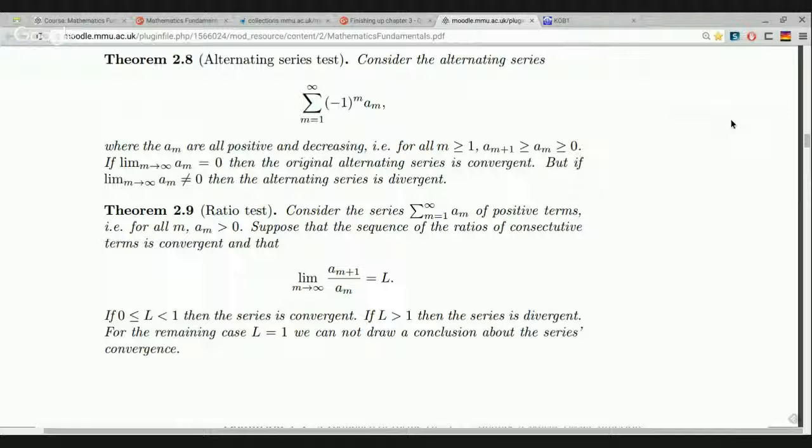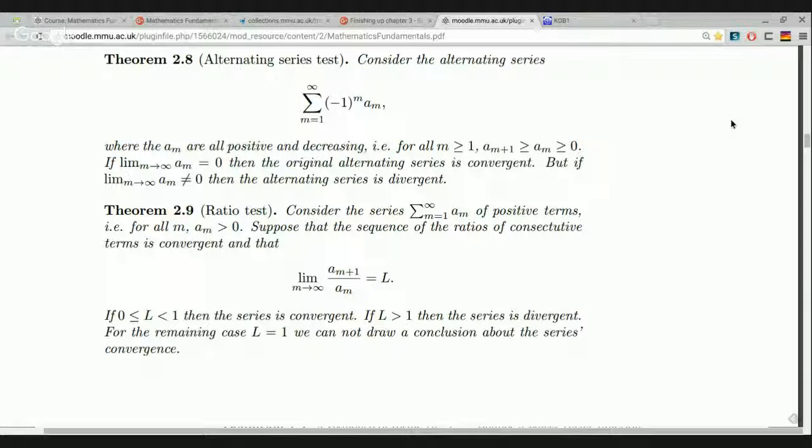And the size of the step each time is the absolute value of a_n, and the steps are alternatively up and down. But if those step sizes are decreasing and converging to 0, then, in fact, all they need to be is converging to 0. Then the partial sums are going to be changing less and less each time, and so they're going to be zeroing in on some convergent limit. And that's not a rigorous proof, but it's just a kind of motivation. It gets across the essential idea